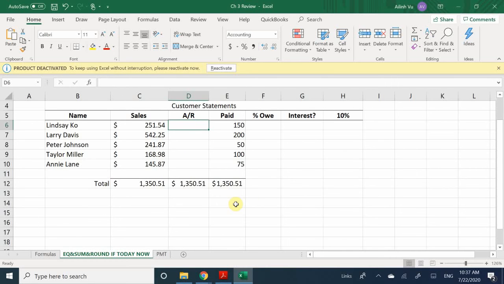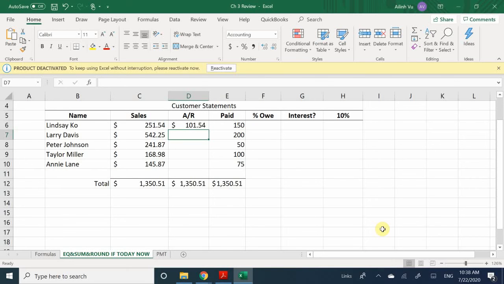So again, you also have the capabilities to actually type in a function manually or an equation manually, right? So my accounts receivable, right? So these are my list of my clients, right? We made a total sales for each person, right? And here's the amount that they paid. Now, what accounts receivable does is how much money do they still owe us after making the payment. So I'm going to go ahead and click my total amount of sales, and I'm going to go ahead and subtract, so use my minus sign, and I'm going to subtract the paid amount right here. And I'm going to get a total of